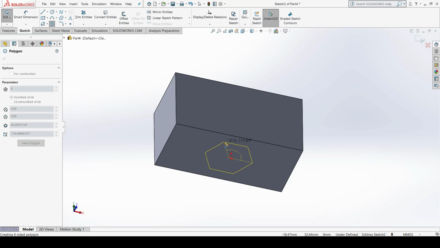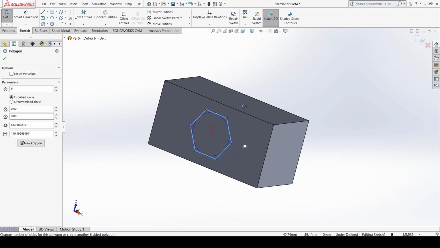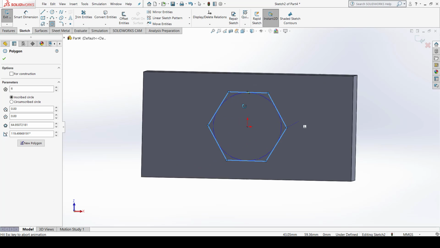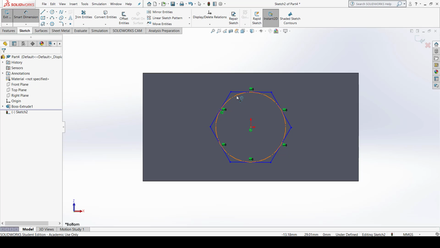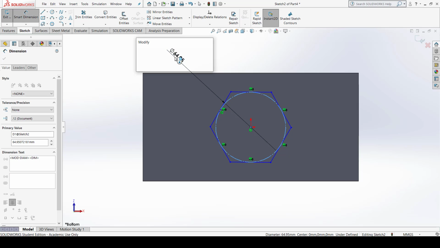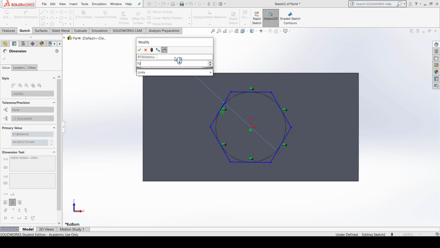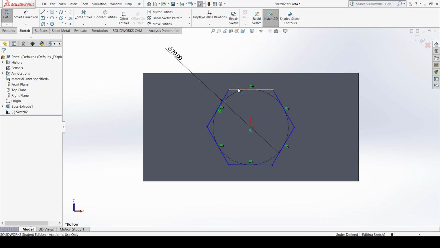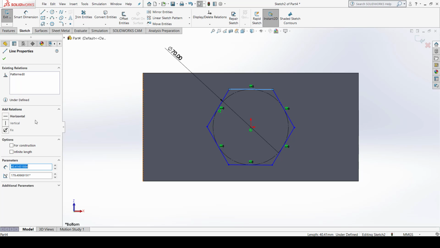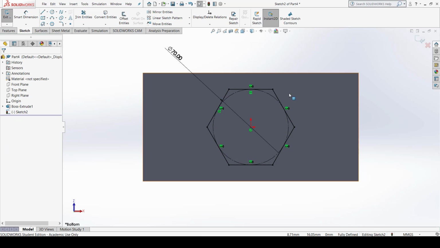You can draw an octagon or any other element. Press Ctrl+8 to make sure your object is facing towards you and click OK here. Go to Smart Dimension, give certain dimensions to this. Let us say it should be 70 and click OK here. Make sure this side of the hexagon is horizontal so that it is fully defined. Now see, it is fully defined, it is black in color. So we exit the sketch.